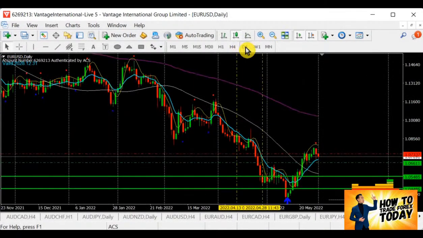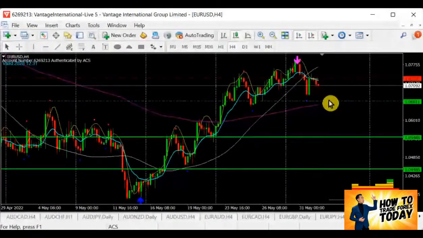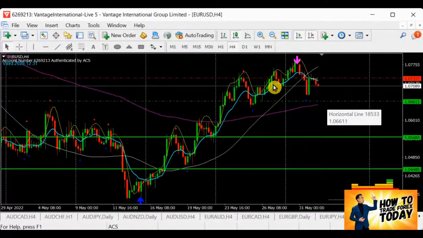Okay, euro dollar, we are now retracing downwards for a selling in the bull. Will that be in the bull? Right now it's going to retest the support level. I would say that it's about support level. Now not so ideal, I would say.